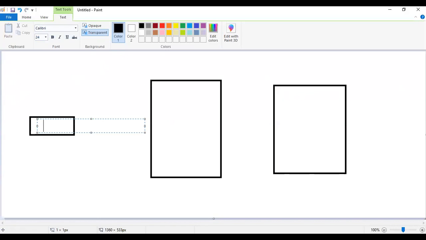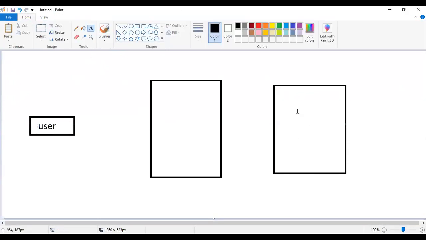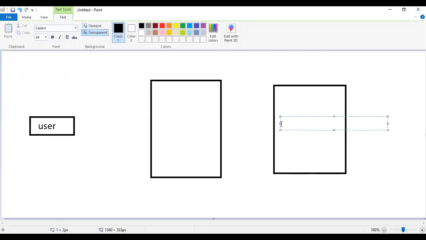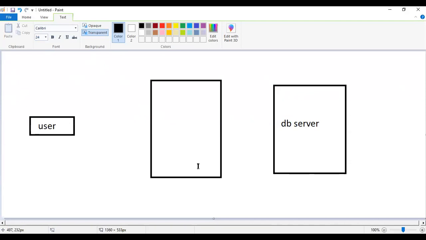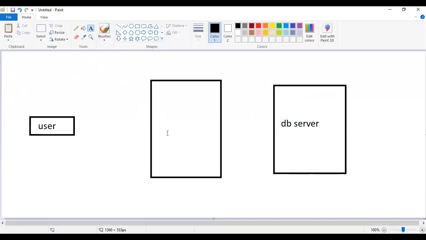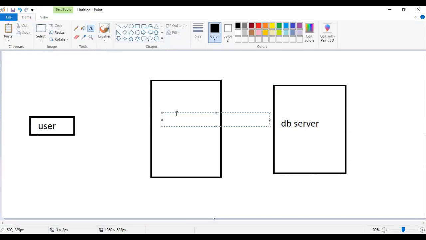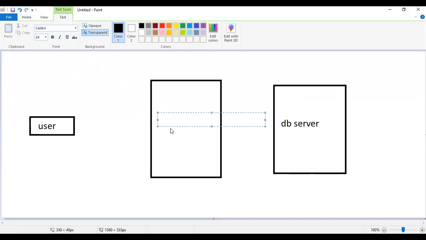Okay, this is the user, and this is the database server. Database server. And this is your web server or application server.